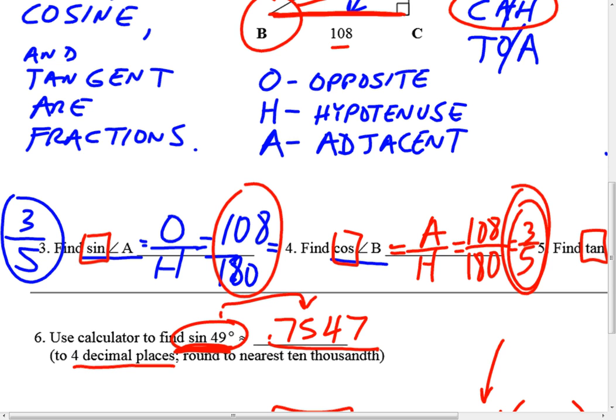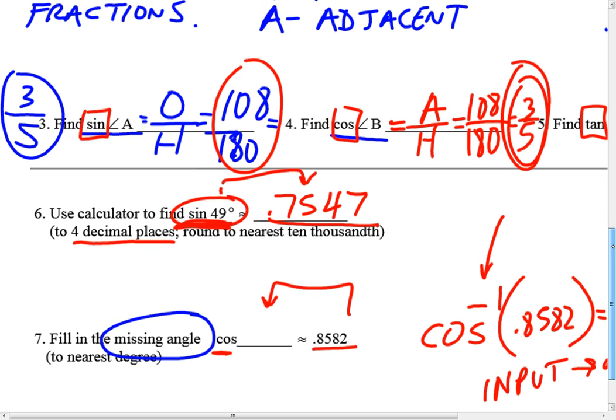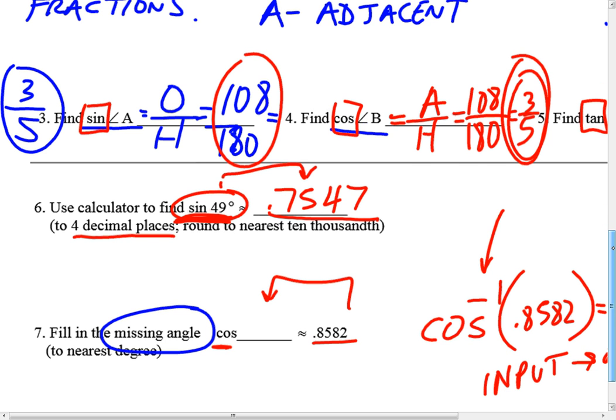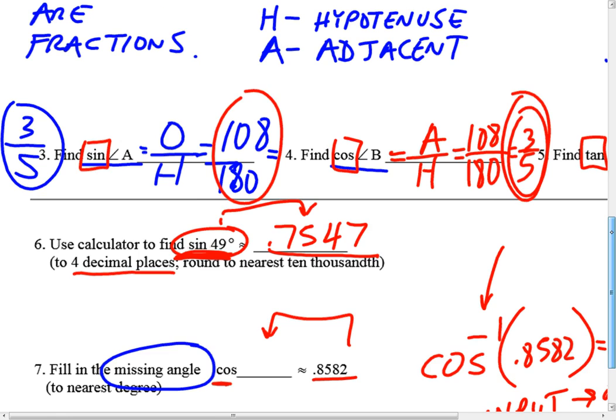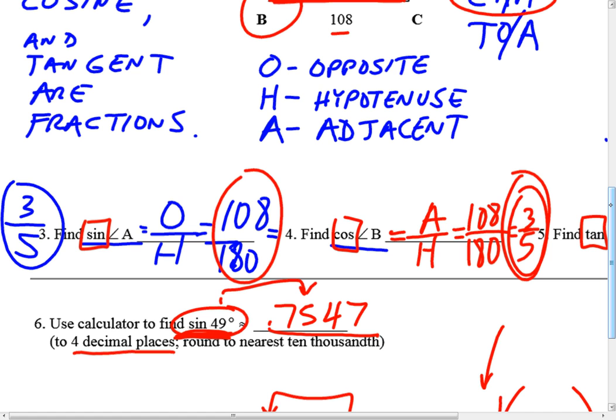fractions. Some people confuse these problems with problems like number 7. What was number 7 looking for? An angle. This is not asking for angle A, it's asking for the sine of angle A, which is a fraction. That's where I'm seeing people make mistakes. Read the directions, answer what's being asked for. If you're looking online,